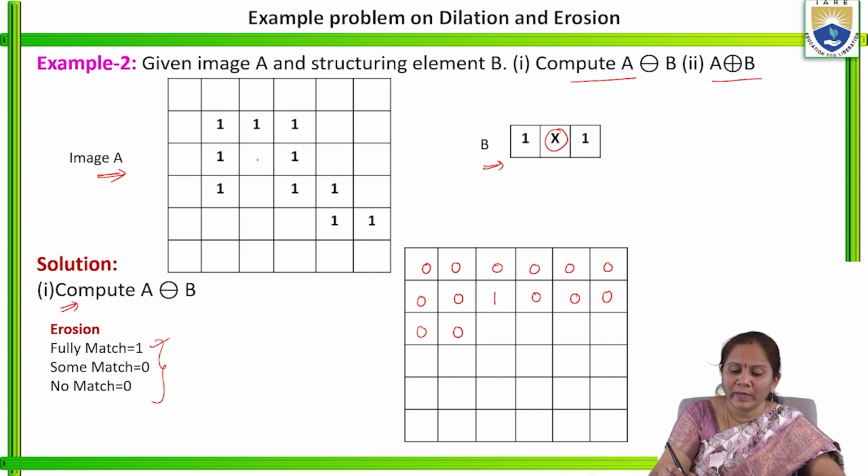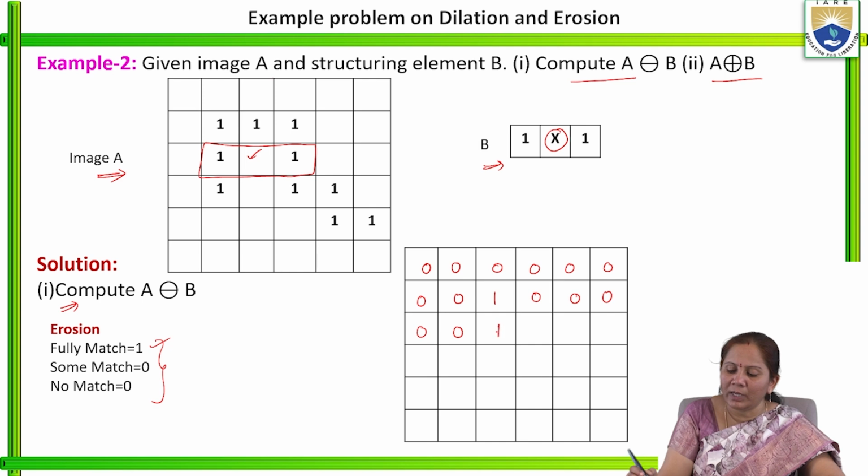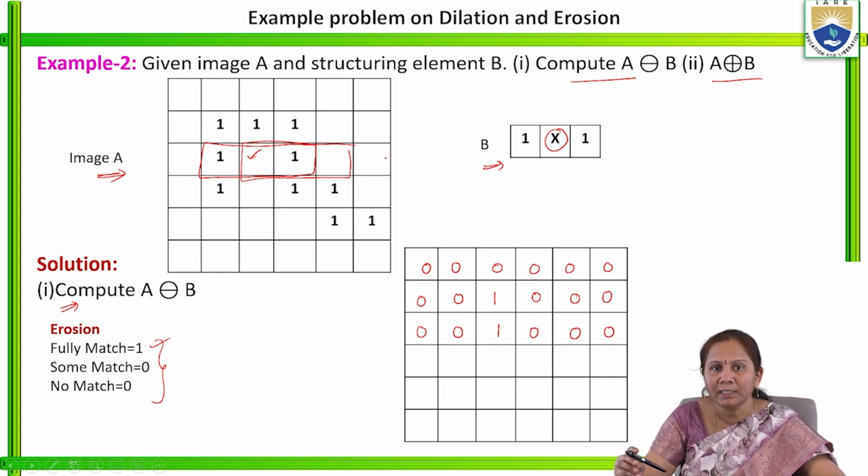But in order to find the next element, if you place the structuring element here, this value will become the center pixel that we need to find. So both ones here are matched with B. Here there is don't care. It means here it is fully matched. So we will put this value as 1. Now if we shift the structuring element to find the next element, here anyway there are vacant spaces. That comes under some match. So put this as 0. Similarly, here there are no elements. We can put it as 0.